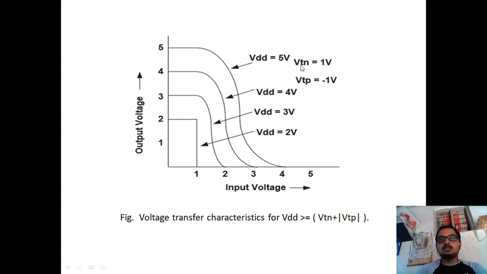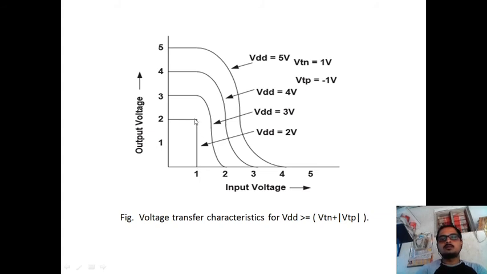When you decrease the supply voltage, at that time also the short circuit power dissipation decreases. See here, when you have VDD equal to 5 volts, the fall time is high. When you decrease this, the fall time decreases. At VDD equal to 2 volts, there is no fall time here. When you get a sharp